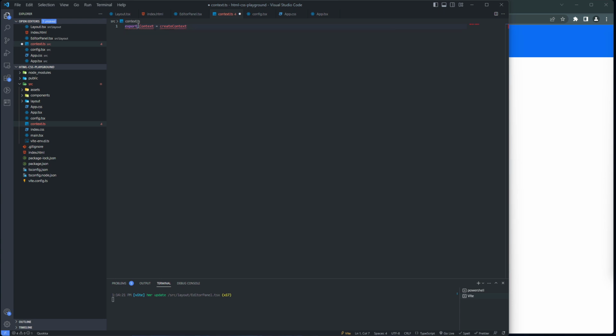So I have to make sure I have my const here. So create context, and the create context is going to be imported from React. So import createContext from React,